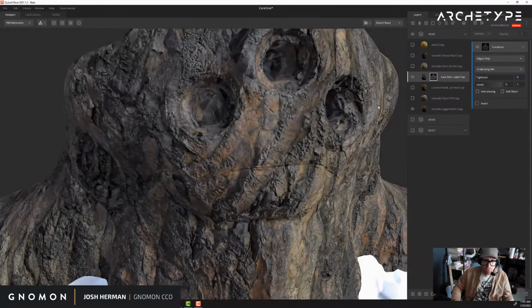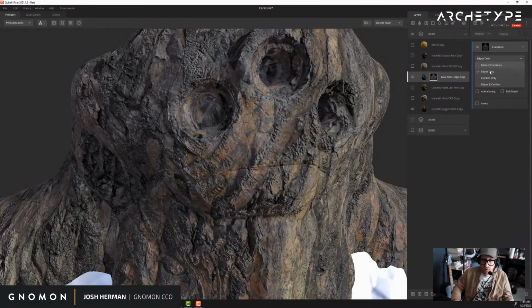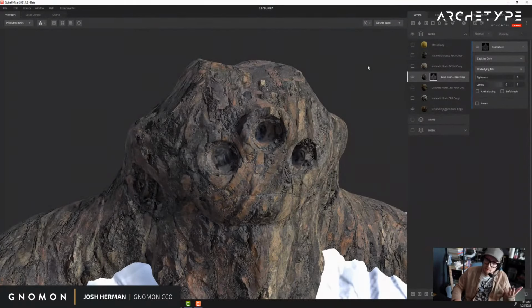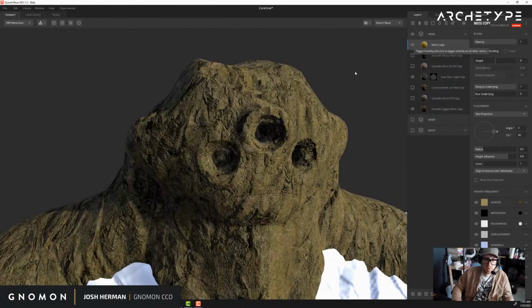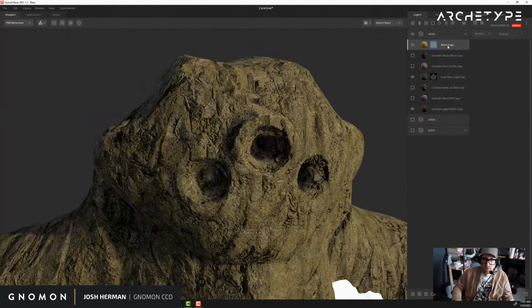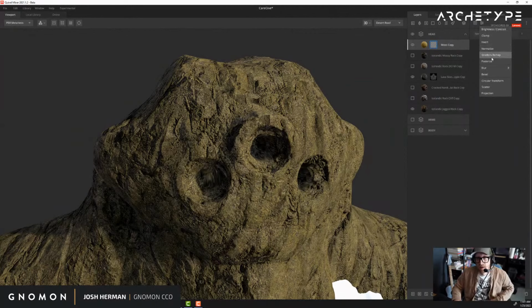So I can also say edges only. So if I just want the edges or if I just want the cavities, I can kind of get this. This is probably not the best example to show you on because it's so hard to see the difference. So I'm going to open up the moss. You can see that here, and I'm going to click the same kind of thing. We'll take a mask stack. I'm then going to come in here and we'll say mask modifier. That actually goes on something, but